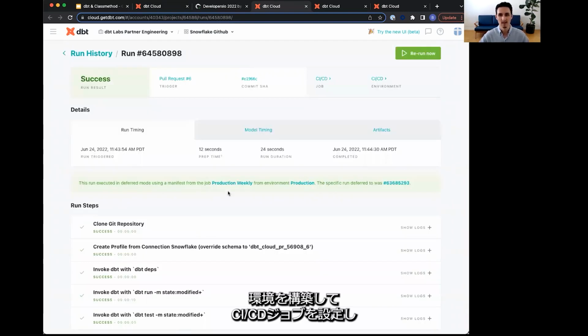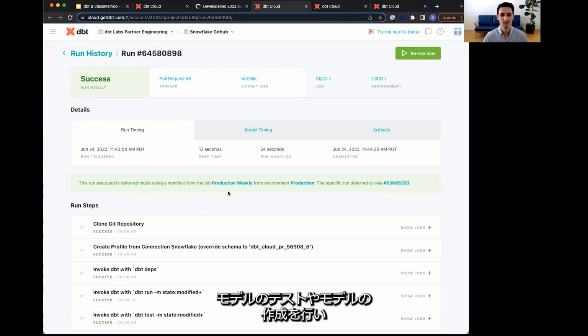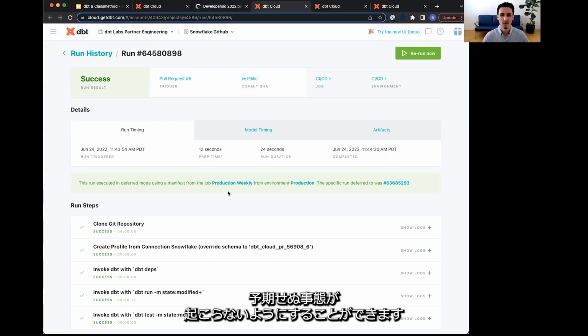So this is a quick view of exactly how you can create an environment and set up a CI/CD job to make sure that anytime that you create a pull request from a feature branch to a production branch, that you can test those models and create those models and make sure that everything is going to build successfully so that you don't have any unexpected surprises when you actually merge those models with your production branch and run those models